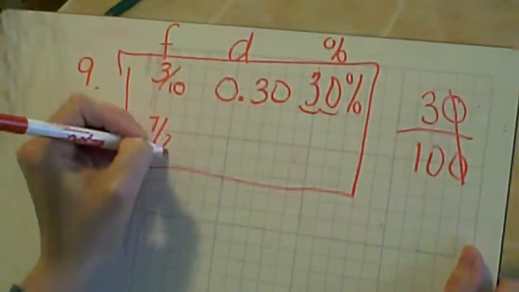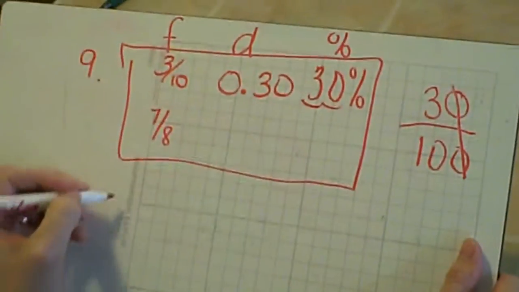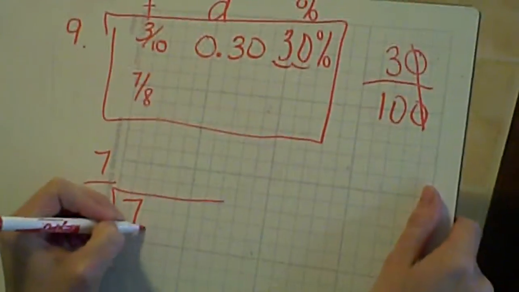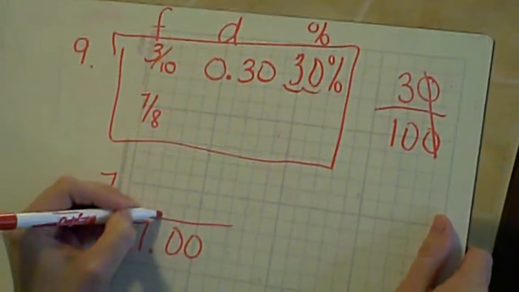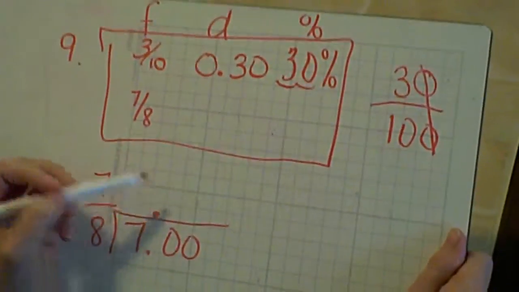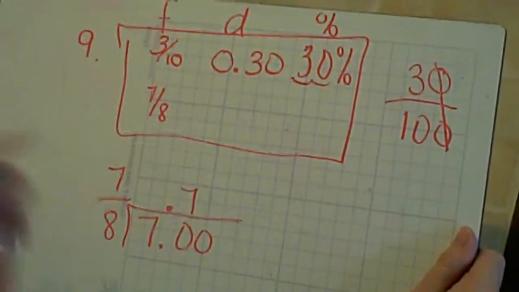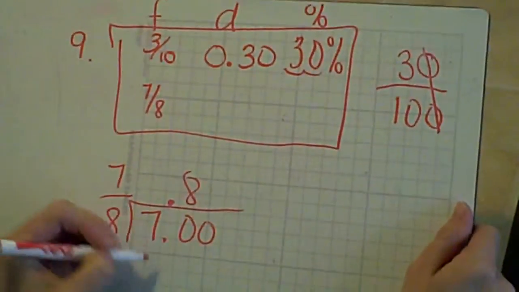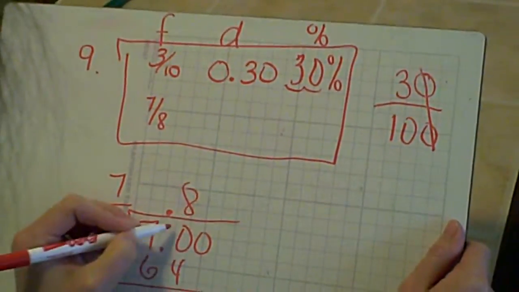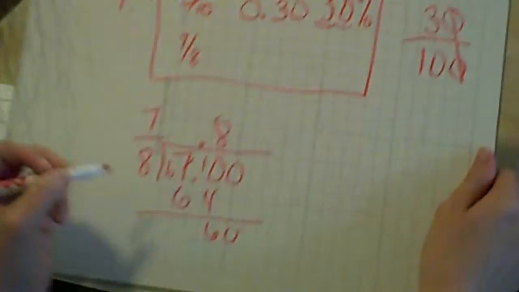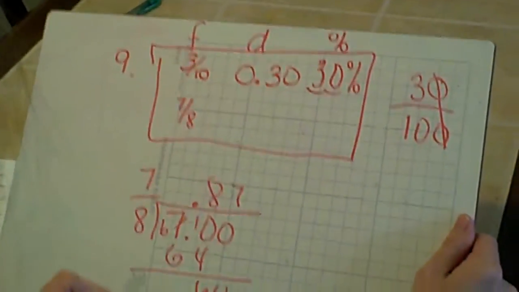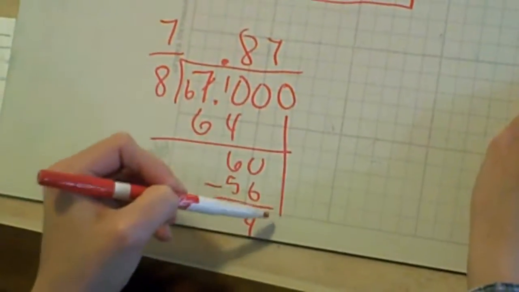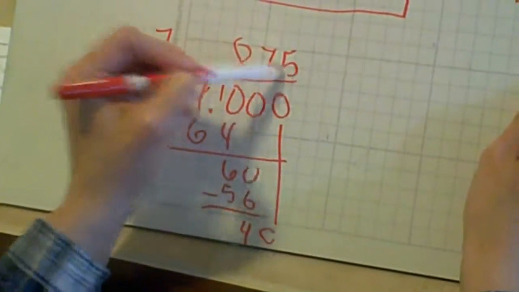So let's do the other one. We are given 7/8, and to change a fraction into a decimal, divide the bottom number into the top. Put a decimal, add a few zeros, move it up. 8 into 70 goes 8 times, 64. Okay, subtracting, we have 60, then it goes into that 7 times. 56, and then you can see we need to add one more 0, and 8 into 40 goes 5 times, so our decimal is